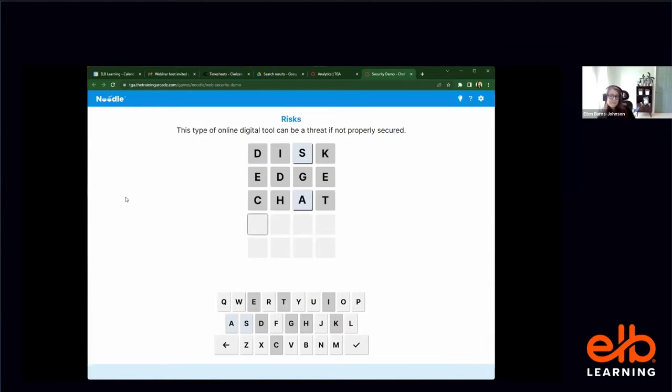Okay. So while you guys are puzzling over additional things to guess with this particular game, I'm going to talk a little bit about what's happening from the learner's psychological perspective as someone's puzzling through this. Let's imagine for a second that we went through cybersecurity training in the last week or so. This is a follow-up training that maybe our training team sent out to the company a few days afterwards, just as a refresher. I know that it's going to relate to something that I learned in my class or in my e-learning. What I'm doing here is I'm trying to think of all the different things that might relate to that training and this specific prompt, and that'll fit into this